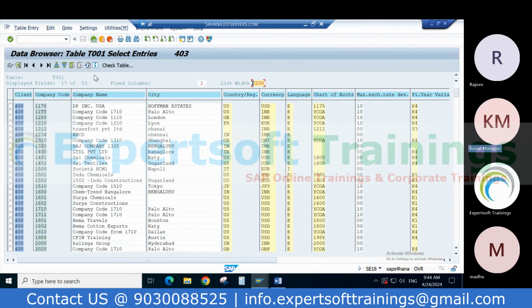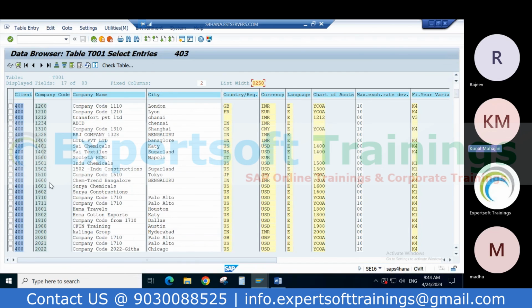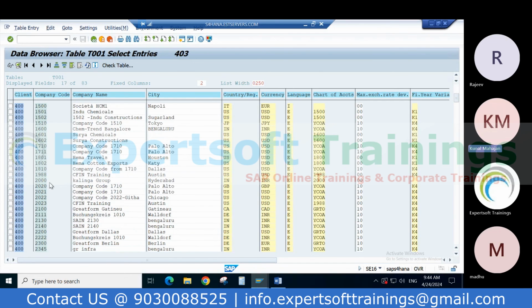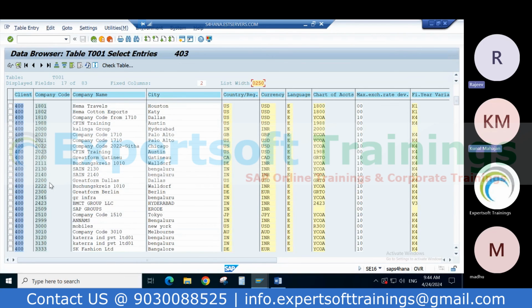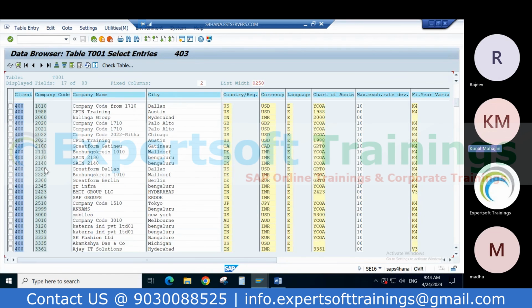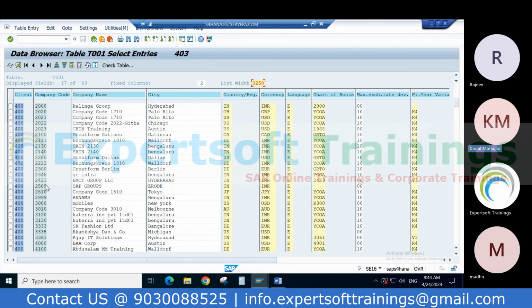What confuses me here is that with SAP, I got to know everything is with codes, right? So for your personal understanding, just make some notes that this code represents this, and this code represents this, just for yourself.